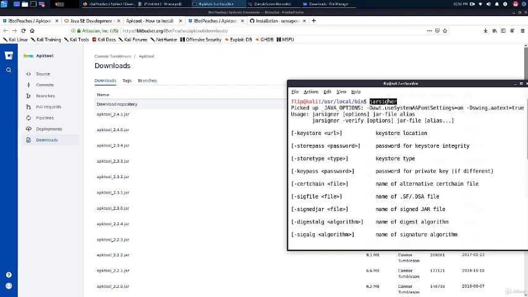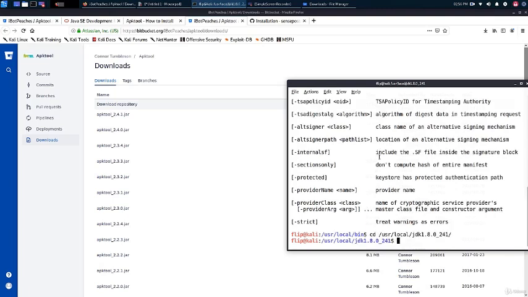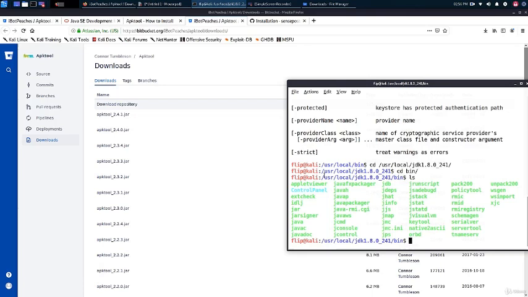Another tool you will need is jarsigner. So make sure you have JDK installed in your system. And also make sure that there's an environment variable pointing towards it. In our case, it's downloaded in /usr/local. And if we go in this folder, we can see jarsigner is available. To see if you have jarsigner, just type jarsigner. Okay, now with all these tools installed, you should be able to install and run Objection.